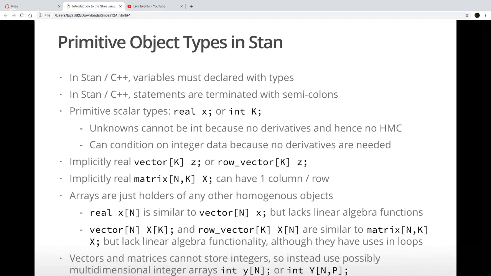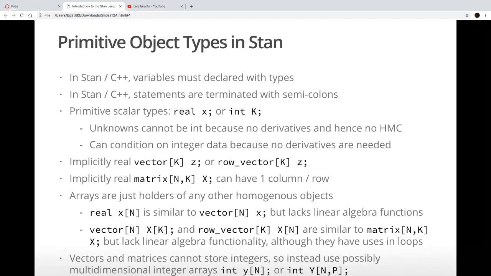And so if you know that this thing only has one column, use vector type rather than matrix type with one column. But you'll see, if we did a regression, you might want to declare a design matrix X, which in general has k columns, but in any particular case, you might only have one predictor, in which case it would be an n by 1 matrix, and that's okay. It's just that if something only has one column, it's a bit more efficient to represent it as a vector than as a matrix with one column.